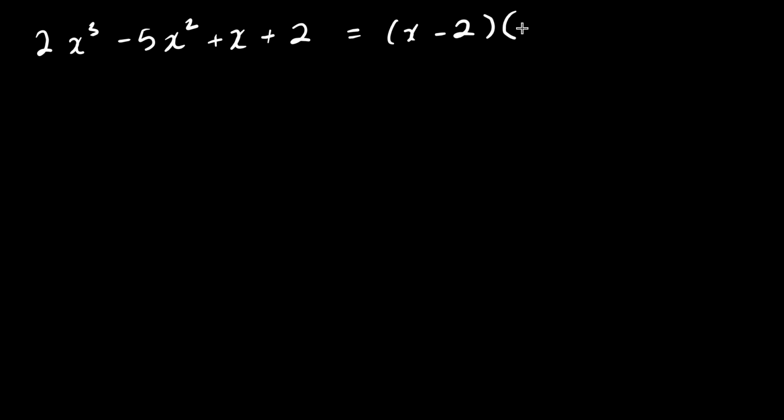Can we just write our answer now? And in part, we can. We could literally say 2x cubed minus 5x squared plus x plus 2 is equal to our divisor times our complete quotient, which is 2x squared minus x minus 1. And in a question like this that's worth about 3 marks, I would give you 2,